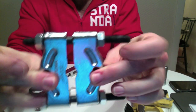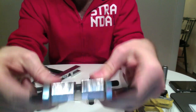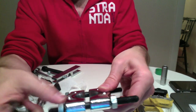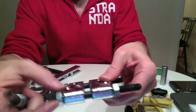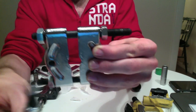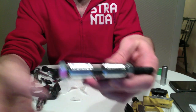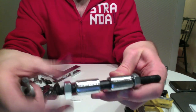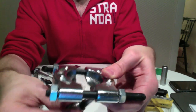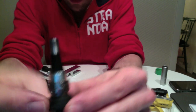So this is what half of the tool looks like. It's going to grab onto the bearings and pull them off. Okay. So, shaft. I'll open this up. Open this up. And we're going to... Okay. So open this up a bit more. Slide this through, and it's going to pinch